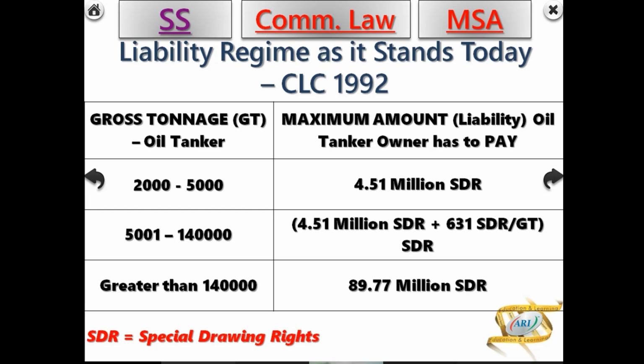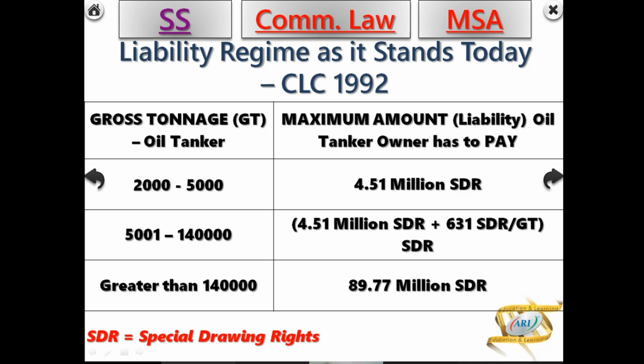So in a nutshell, SDR is not a currency but a unit to measure the collective strength of all the hard currencies of the world on an hourly basis, corrected up to 8 decimal places. That is what it is. The rest we do in class. So if you want to know how much it is, multiply 4.51 million by 1.5, and approximately you'll get so many